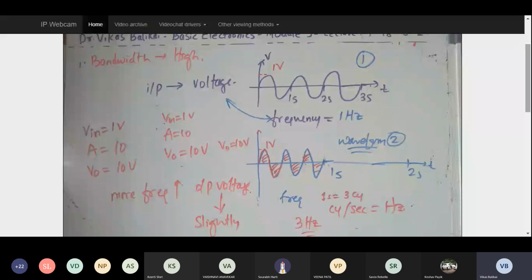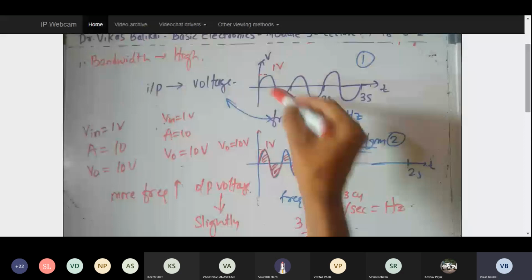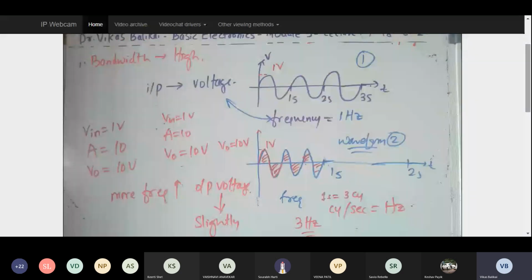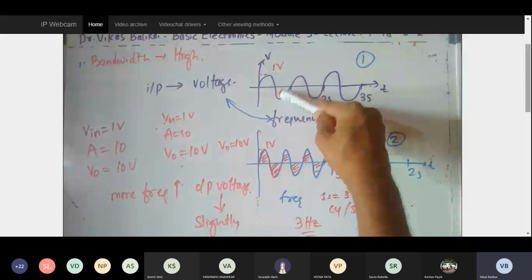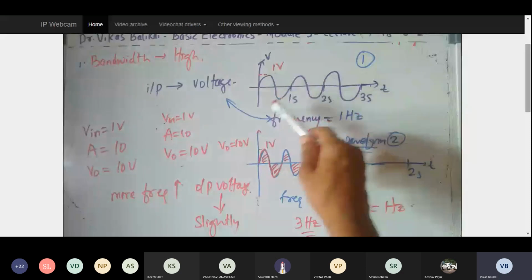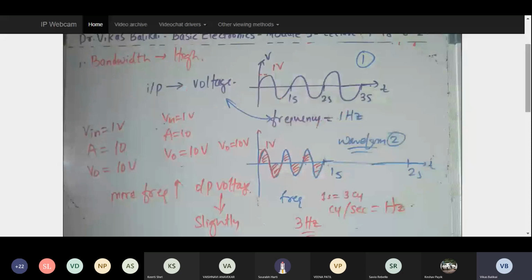Sometimes due to some disturbances, ignore it, the input signal is smoothly transiting from 0 to maximum value, and again back to 0, back to negative value, back to 0, back to positive value, again back to 0, back to negative value. It is smoothly having its transition. But the more the frequency, the transition may get altered, or it may get distorted due to unwanted input signals. It may happen. At that time, I may be getting the output voltage slightly lesser than what I was expecting.